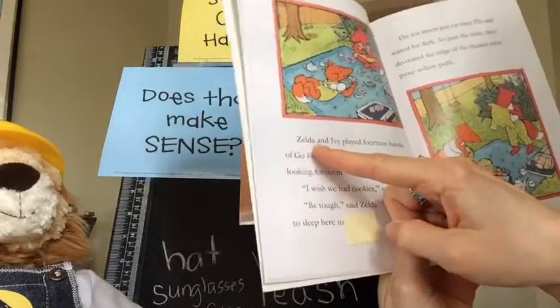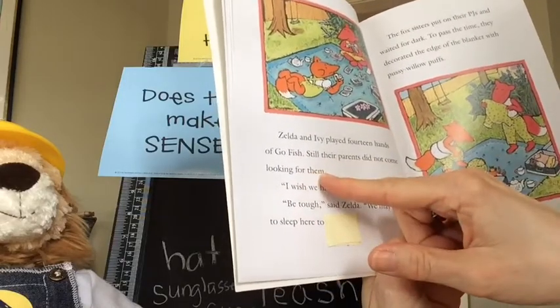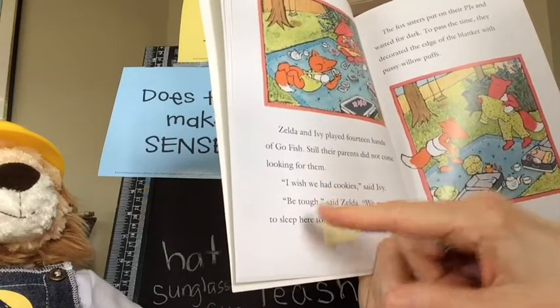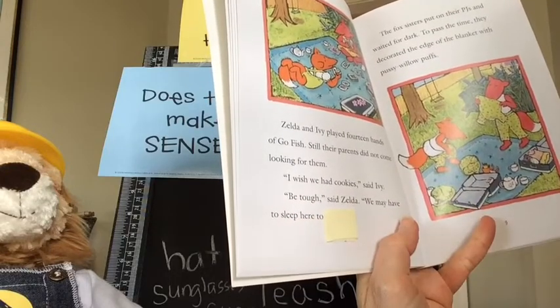All right. Zelda and Ivy played 14 hands of Go Fish. Still, their parents did not come looking for them. I wish we had cookies, said Ivy. Be tough, said Zelda. We may have to sleep here to...